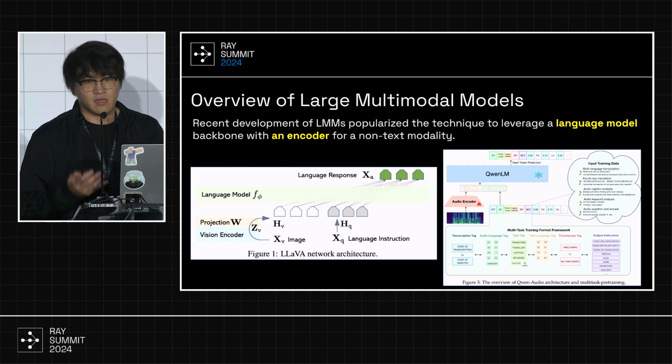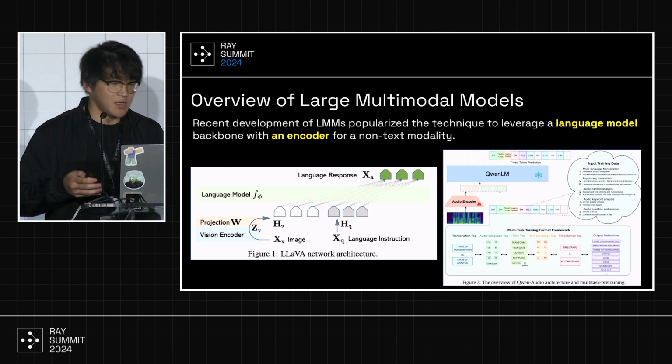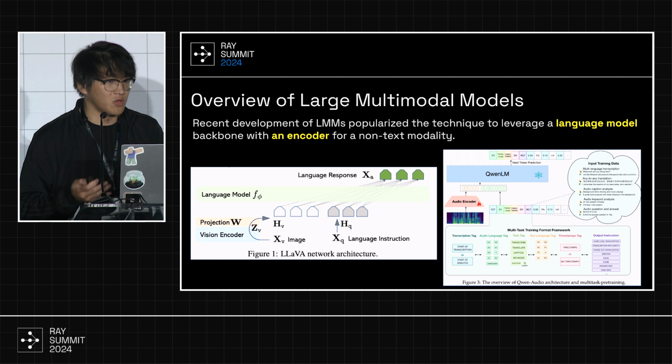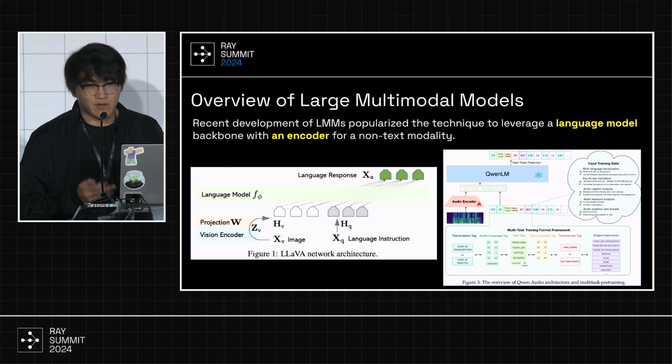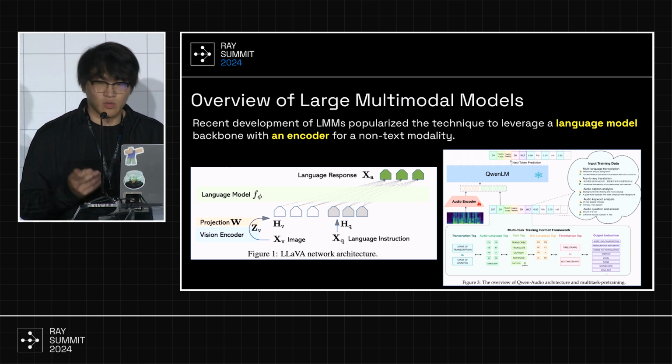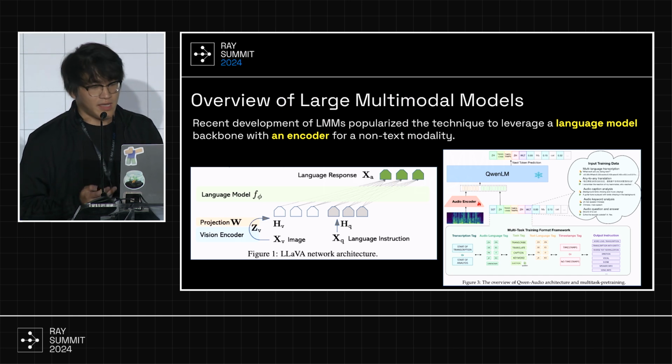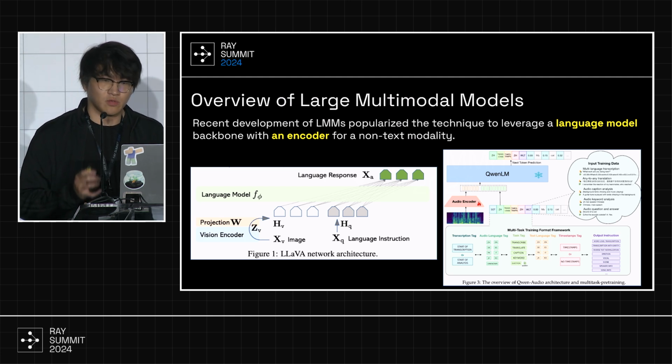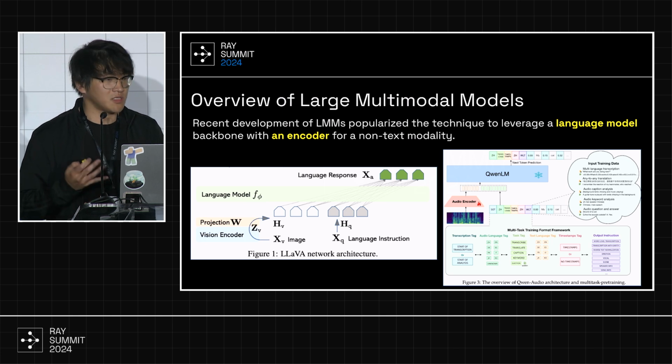And you project that to the same embedding space as your text embeddings. You concatenate or merge the two embeddings, and you send that through the language model to do the actual understanding or generation. On the left, we have the LLaVA architecture, leveraging a CLIP vision encoder. On the right, we have the Qwen audio model that leverages a Whisper encoder. As you can see here, most of the computation happens in the language backbone, not the vision encoder. And this is why it makes sense to support such models on vLLM, because as we all know, vLLM is a very space-efficient, fast engine for language models.